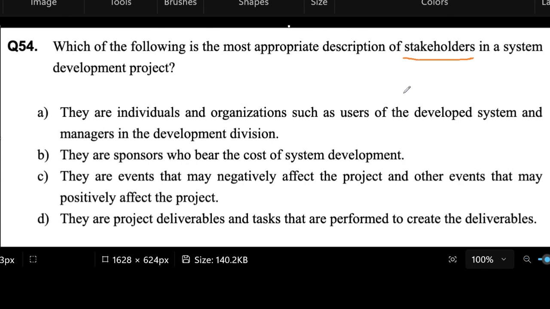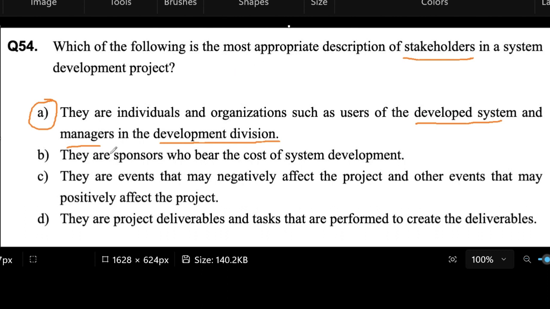Things like that. And so given all that explanation, it seems like the most encompassing of all would be letter A, because it's saying that stakeholders are individuals and organizations, such as users of the developed system and managers in the development division. Of course, I think the stakeholder keyword can have even more people included, but if we look